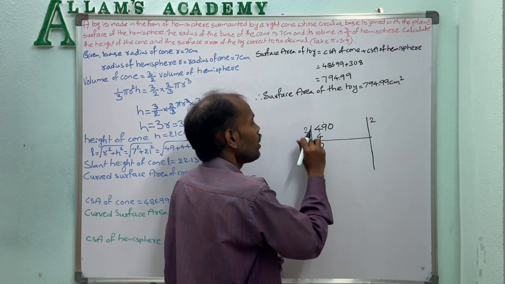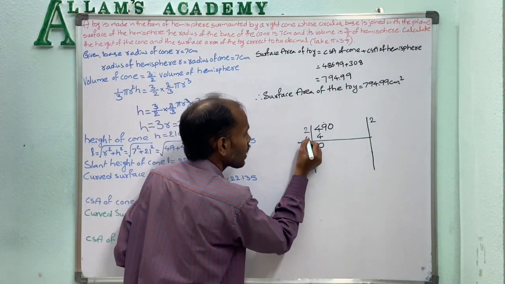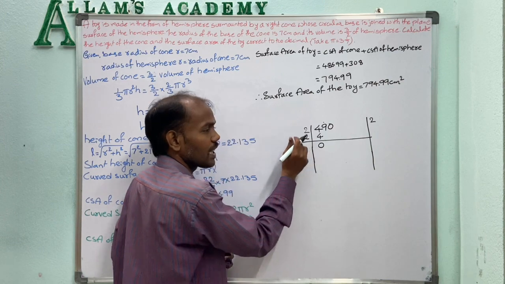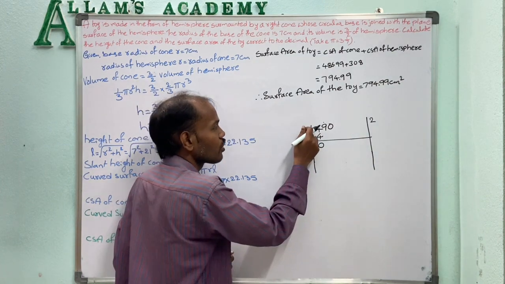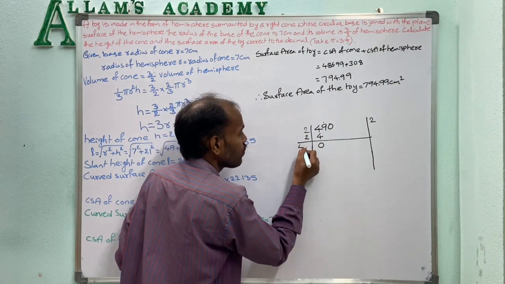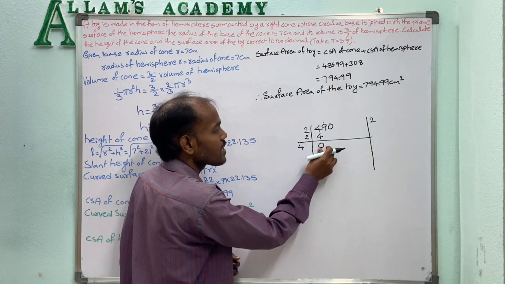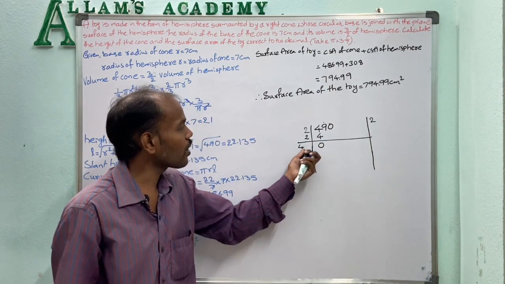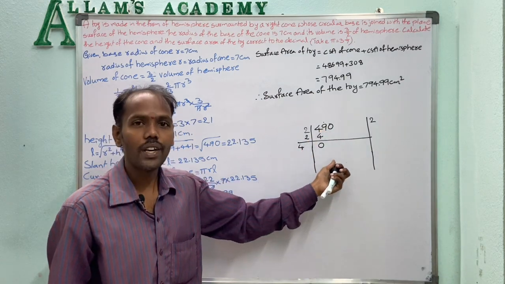Now here 2 multiplied by which number? That number only we have to take, that is nothing but 2. Now these two numbers we do addition. So 2 plus 2 equal to 4. Now 4 divides the number? So 4 does not divide 0. So next digit we have to take.